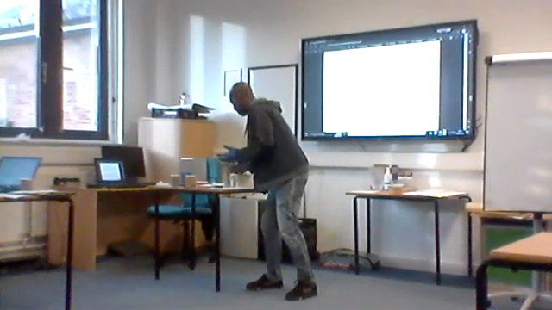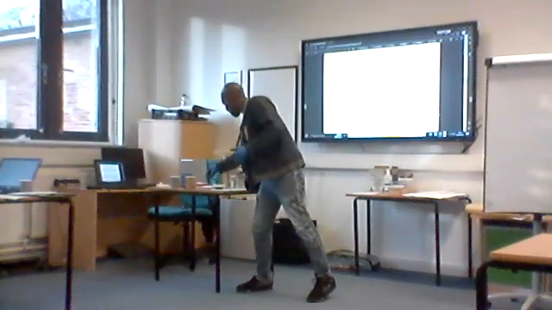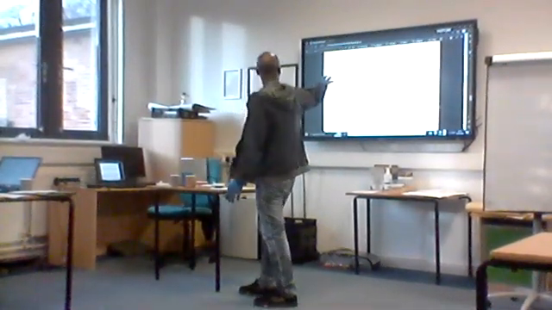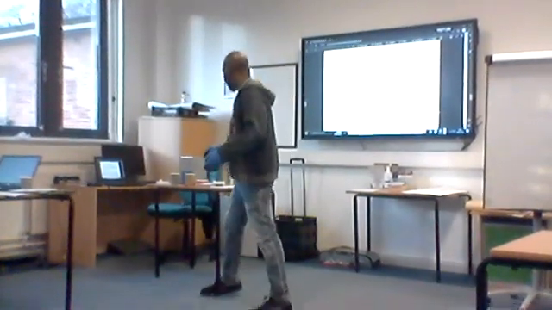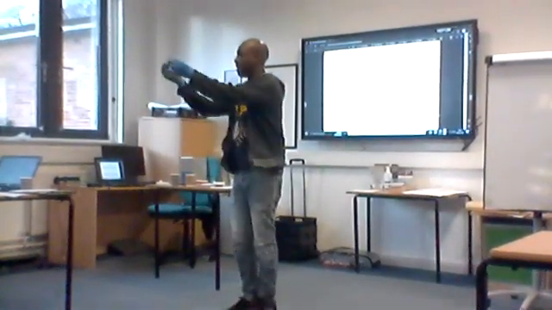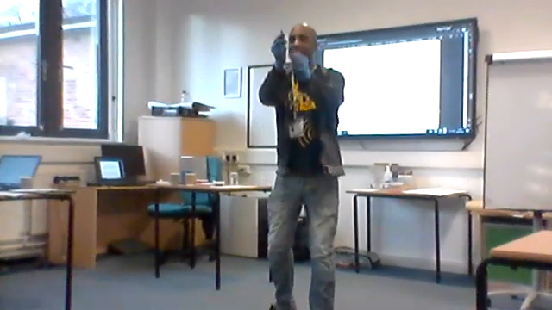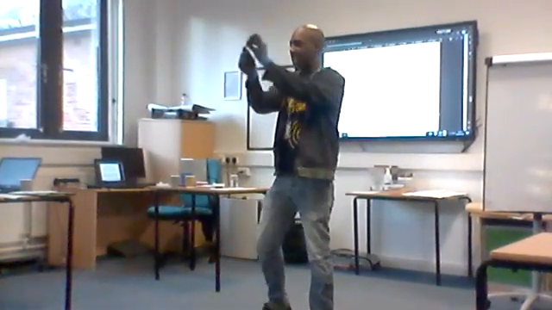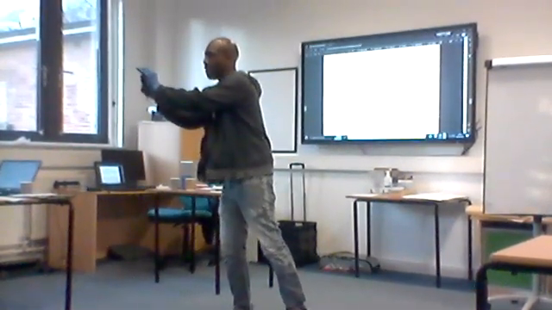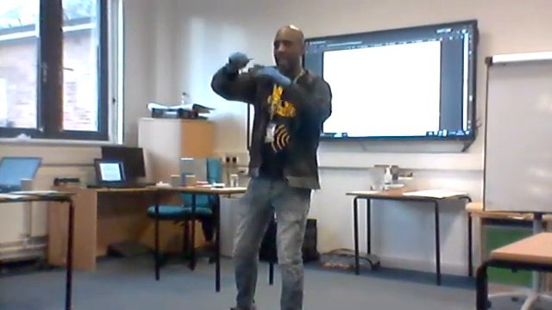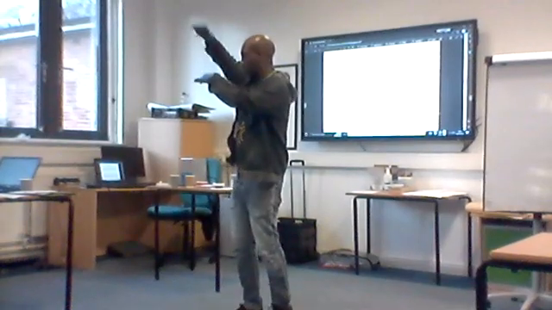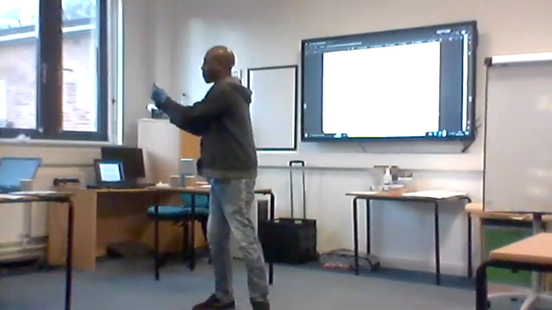Good. Now we're getting to the main event, the juice. Graphene. Here it is. What is graphene? Graphene is an allotrope of carbon, which means a different type of carbon, which you use in your pencil. Lead pencil. Literally, graphite in your pencil is made up of layers in a honeycomb shape, like in a bee. It's layers of that stacked on top of each other. And that's what makes graphite.